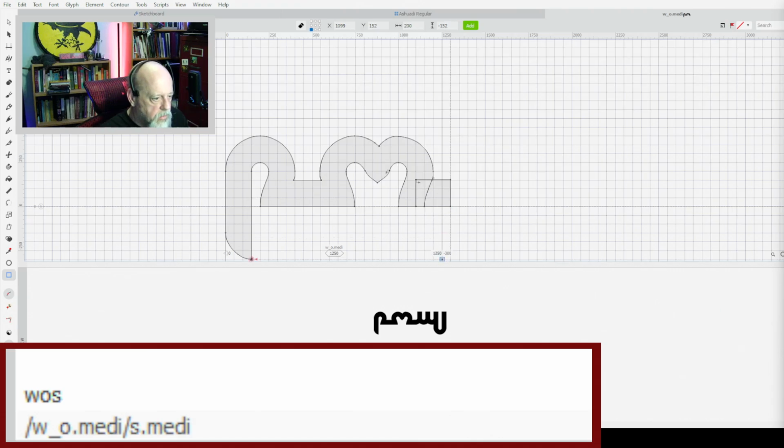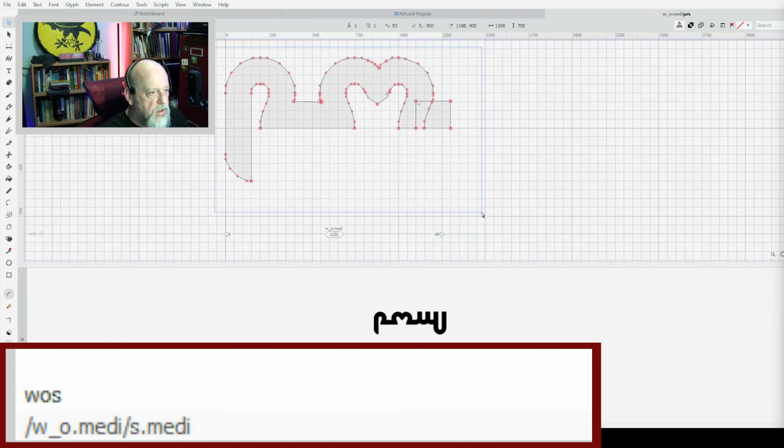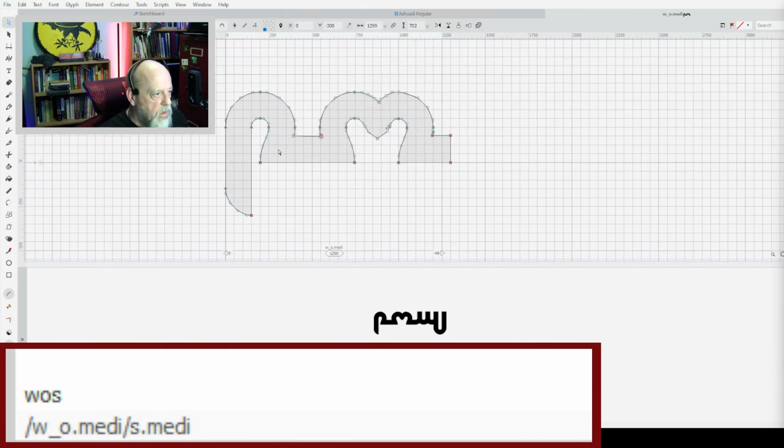Like that. And you see how it joins together there? It's not actually joined up here, and I could cheesily just leave it, but I'm not going to. So we highlight all of this. We go contour, remove overlap, and now we have this all joined together.